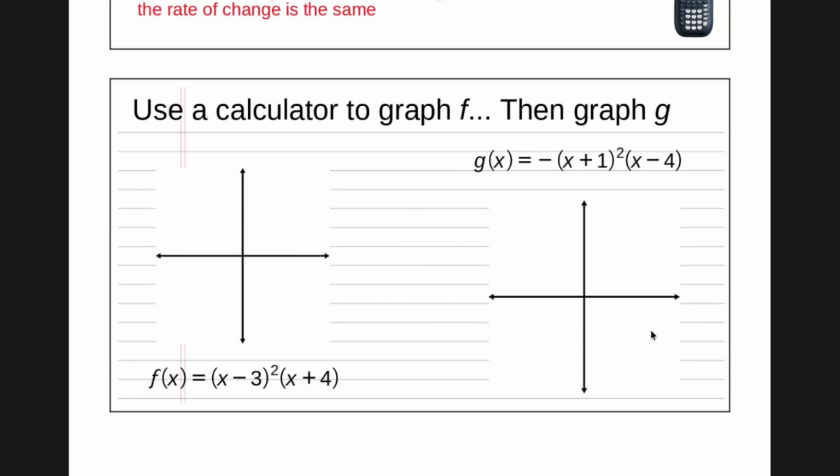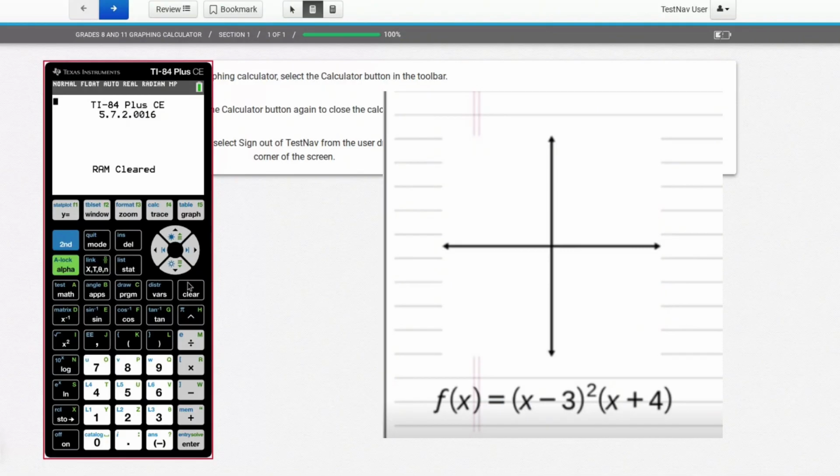So let's run to our calculator again. All right, so we are graphing f of x equals (x minus 3) squared times (x plus 4). So here's y equals parentheses x minus 3 in parentheses, and then we're going to square that guy. The square button lives right here. Click that. And then we're going to do parentheses x plus 4. Graph. Now we have a cubic, and obviously we're sketching, so we're not looking for perfection, but what we see